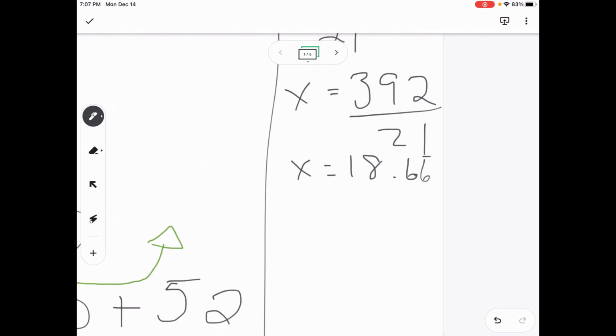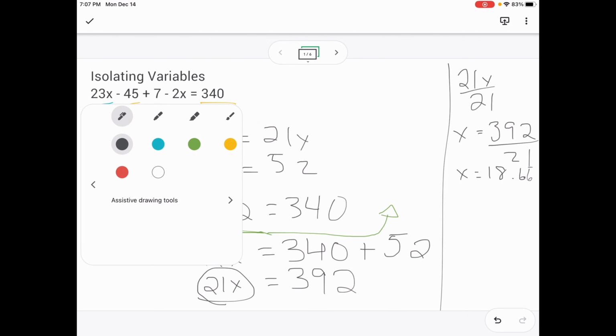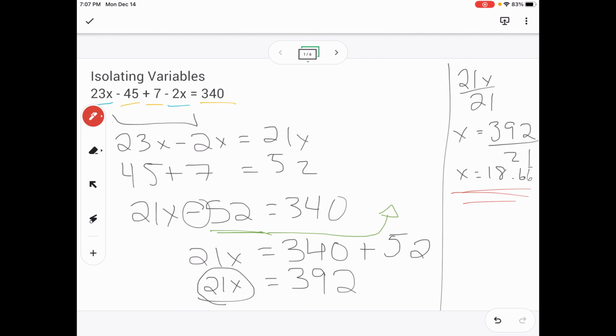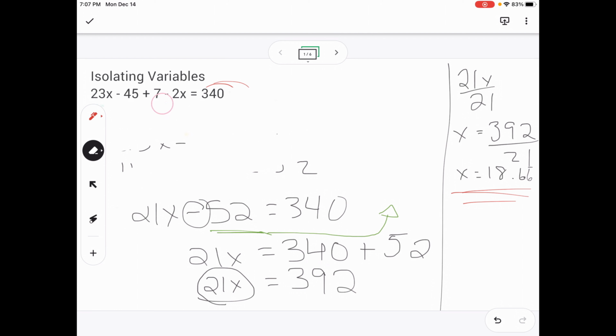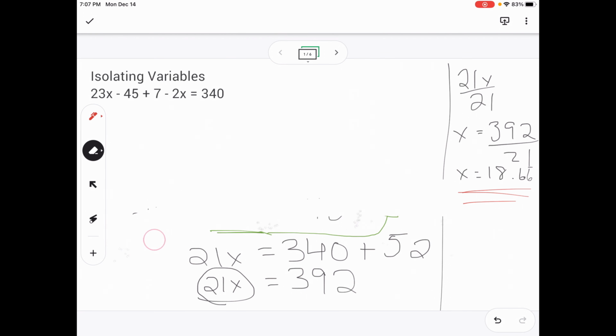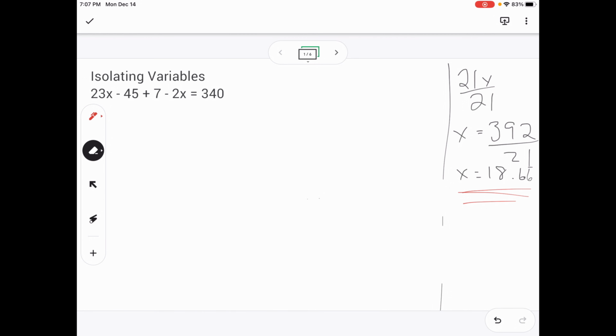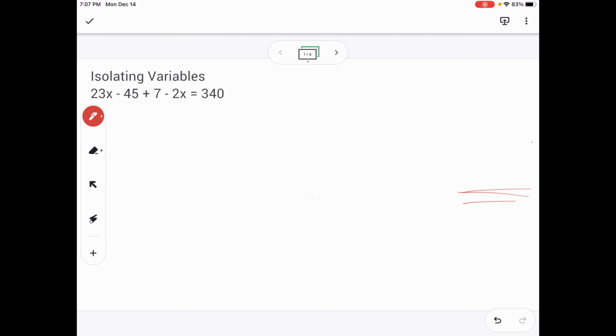But we are not done yet. So we know what our x value is. Now we need to put that back into our original equation. And if we've done it properly, it should give us 340. So remember, x is equal to 18.66. We're going to plug that into our original equation. Whoops. So we've got 18.66 as our x. So we're going to go 23